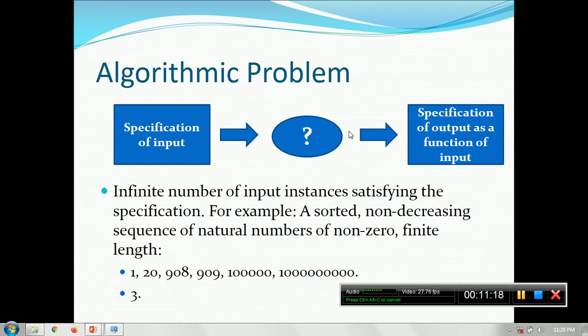So that is the idea. Whatever the question mark is, an algorithm is a function that is applied on the input to get a specification of the output.